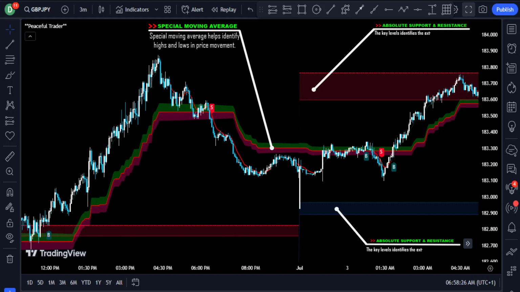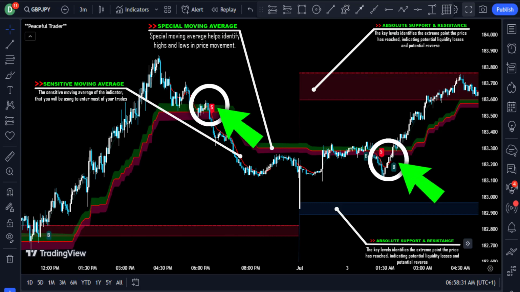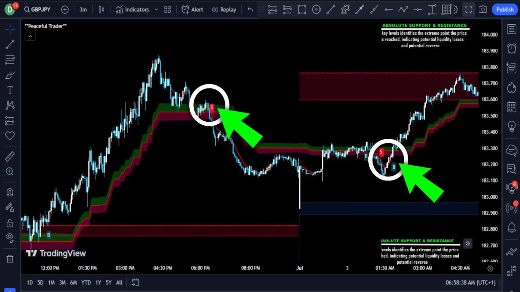This is the absolute support and resistance that helps you to know the extreme point the price has reached. This key levels will help you to know where the price could possibly swipe out liquidity and then reverse from. This is the sensitive moving average of the indicator that you will be using to enter most of your trades. And finally, the buy and the sell signal from the indicator. So this indicator offers varieties of features that can help you to easily spot high probability trade entries. For example,